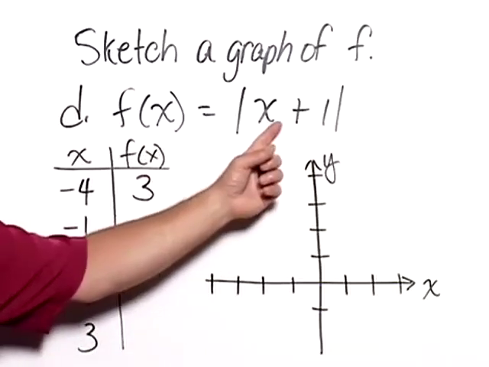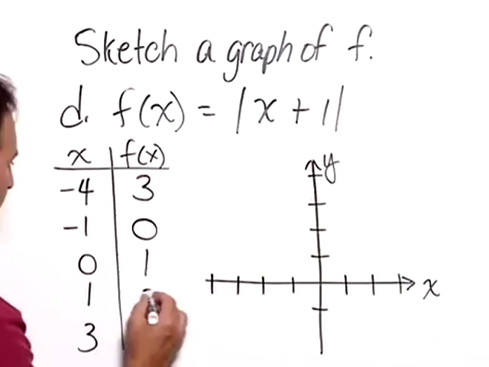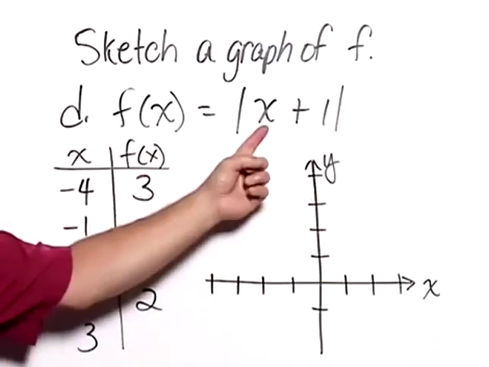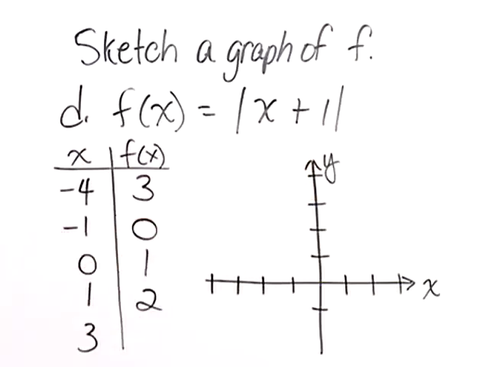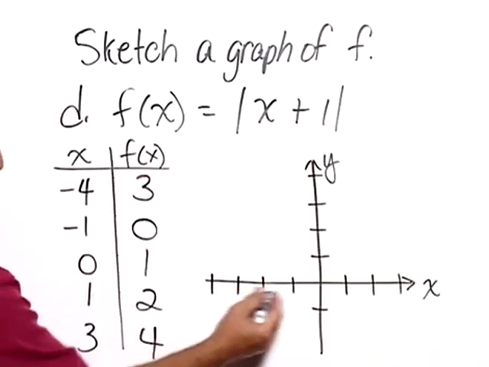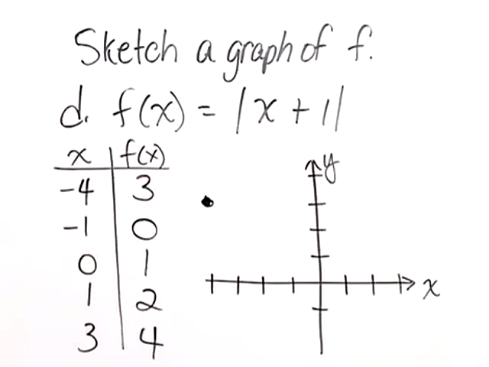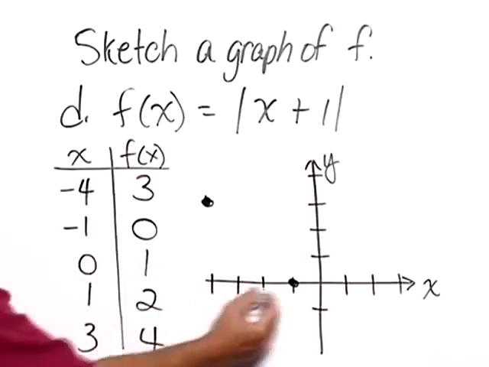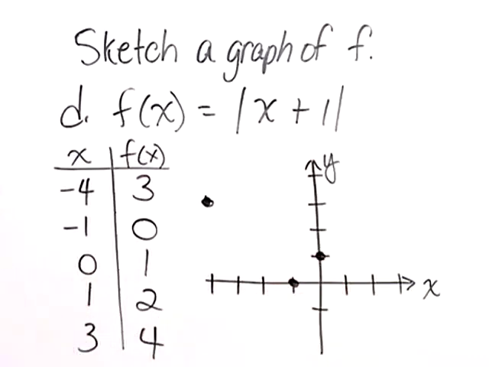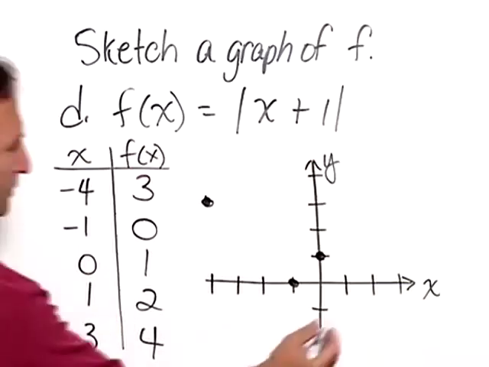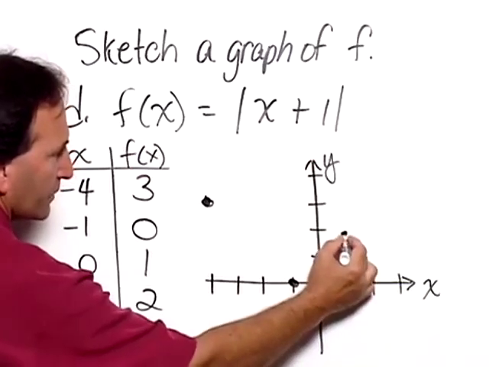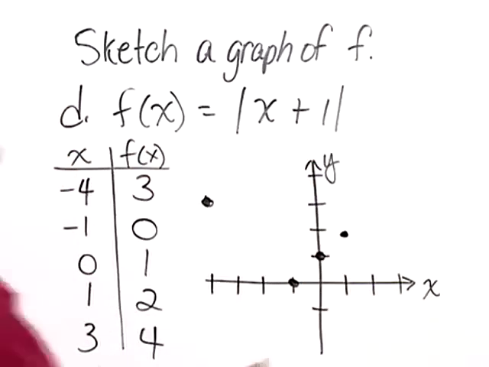Substituting 1 for x, 1 plus 1 is 2. Absolute value of 2, 2. And finally, substituting 3 for x, 3 plus 1 is 4. The absolute value of 4 is 4. Plotting these points, we have negative 4 comma 3. Then we have negative 1 comma 0. That would be right on the x-axis. 0 comma 1 would lie right on the y-axis. Then we have 1 comma 2, and then 3 comma 4,